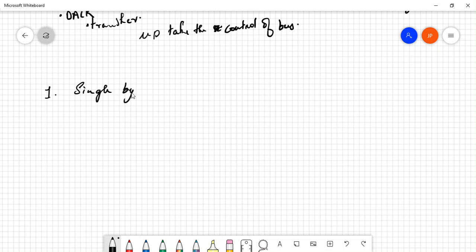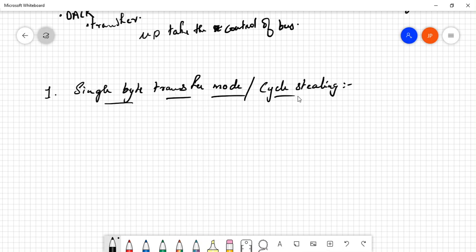This is also known as the cycle stealing mode. The reason why we call this a cycle stealing mode is that in this transfer,